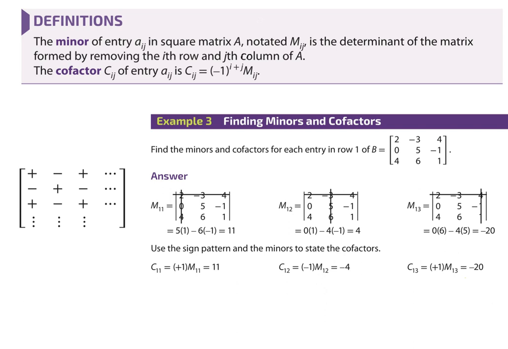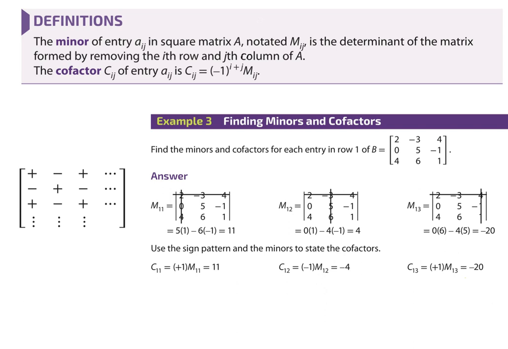The minor of an entry. Remember, the entry is the element, and then they tell you where it's located with those little 2 numbers beside it. In a square matrix, it is notated with a capital letter M for minor, with the same row and column setting. And it's the determinant of the matrix formed by removing the row and column that that particular element is in. The cofactor of the entry is